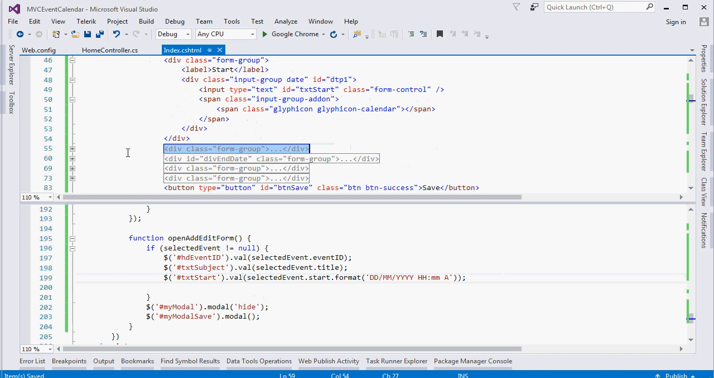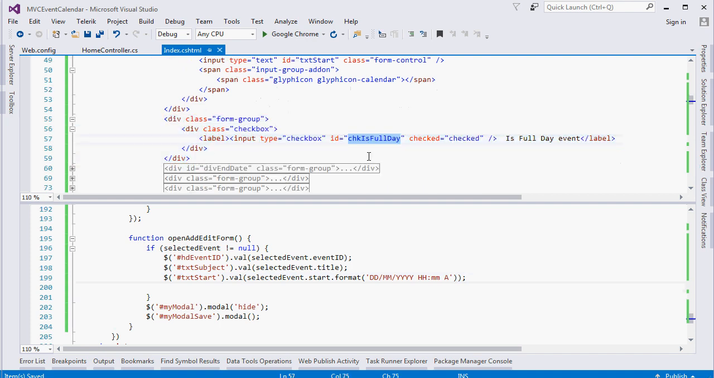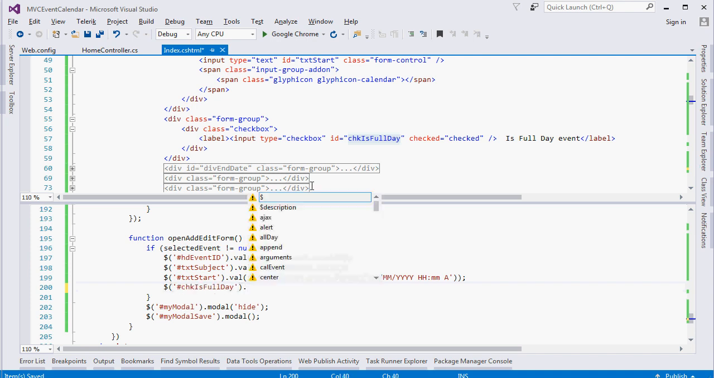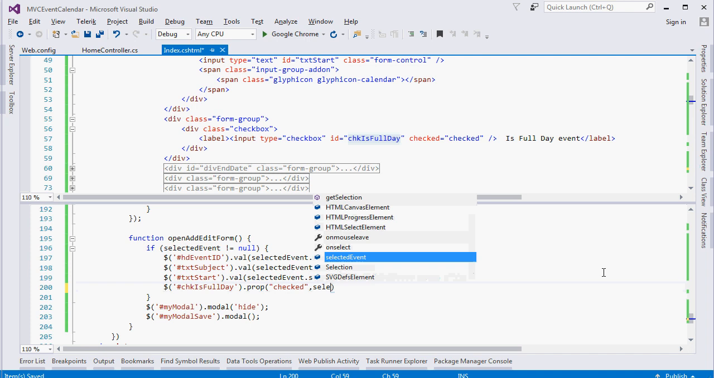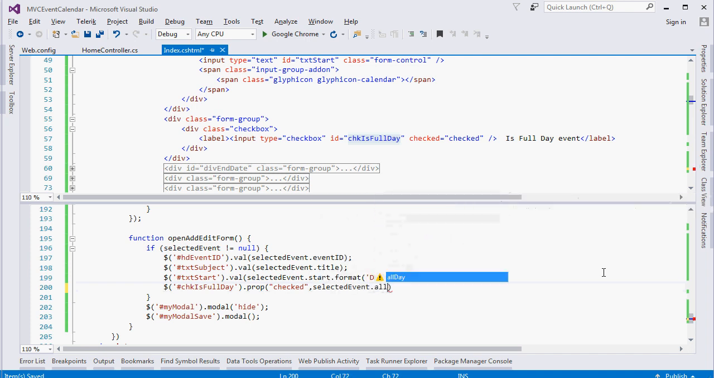Now we have checkbox, chk is full day. Okay, and to set this checkbox status, what I will do is there is a prop method, checked, and the value will be selected event dot all day. As this field is nullable in our database, here I will write one condition. If it is null, then by default it will be false. Okay,